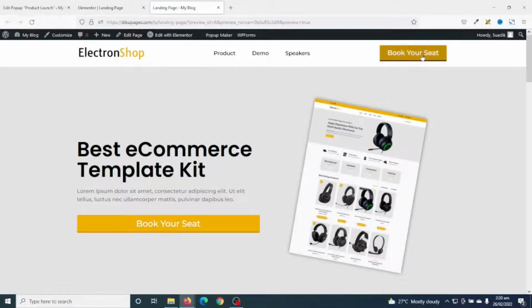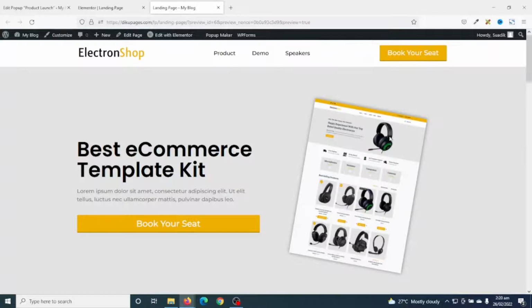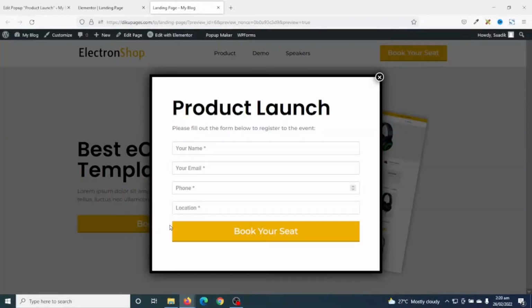Now if I click on this call to action, boom, I have my pop-up. Awesome. I close this. Let's test this one too. I click on it, and boom, we are right there. Perfect. So with this, my visitors can fill out this form and book their seats. Now that we have succeeded in creating our pop-up, the next thing I'm going to do is